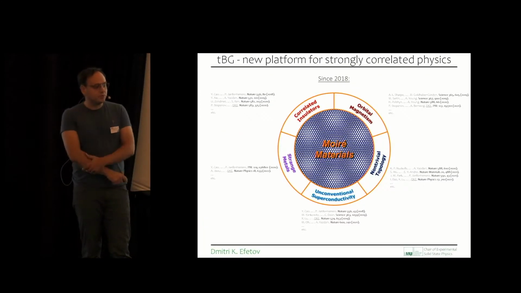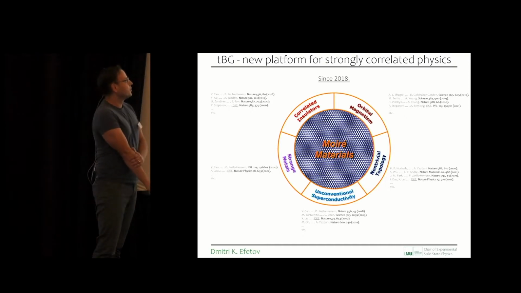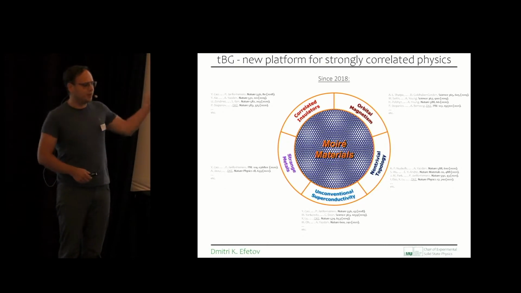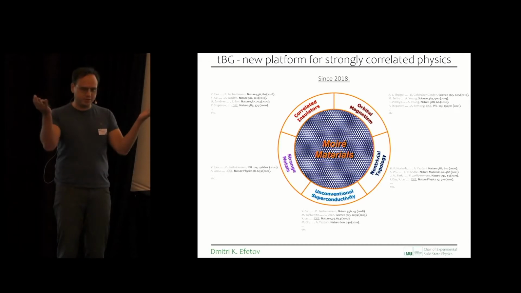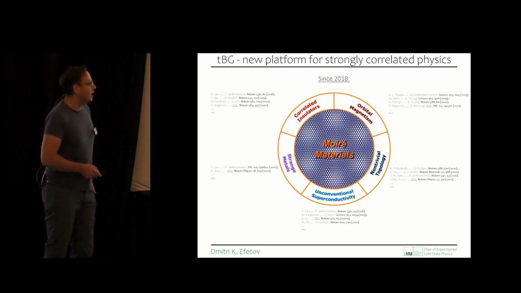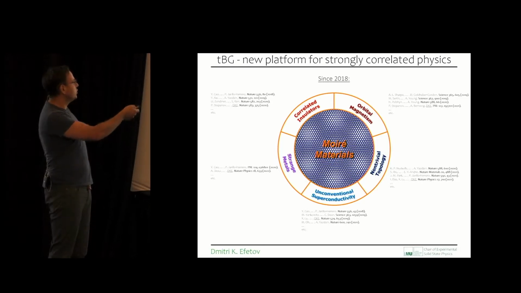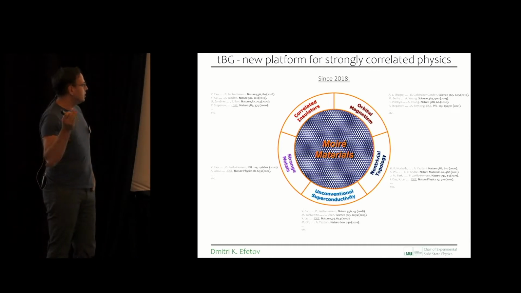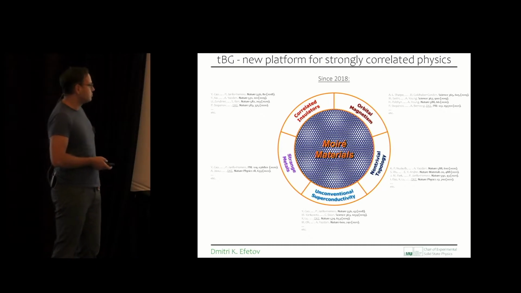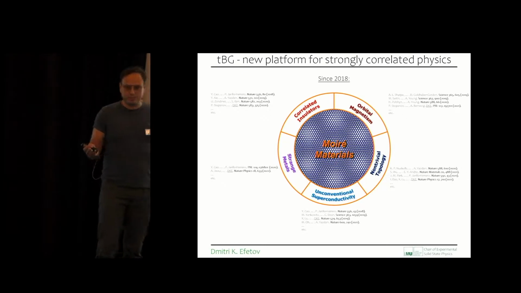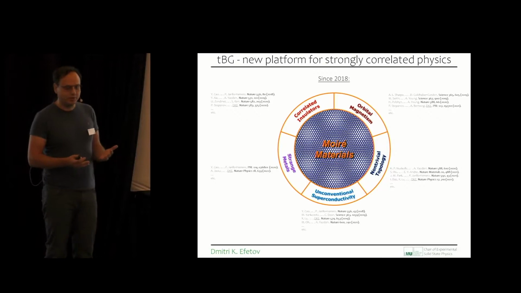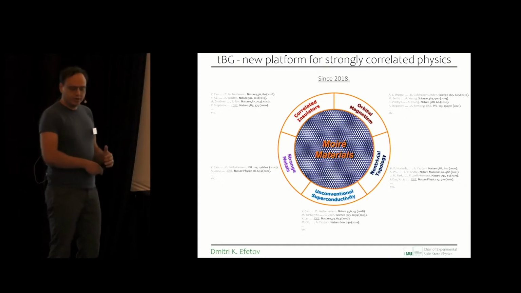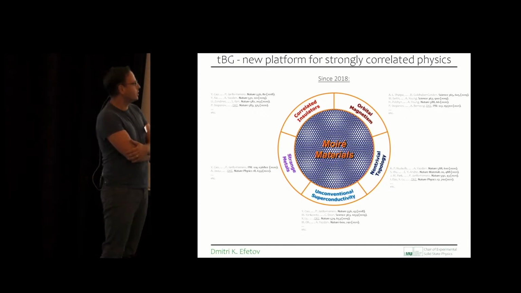So really to start with the introduction, the field of twisted bilayer graphene really took everybody by surprise who was working on two-dimensional materials and graphene. When Pablo Jarillo-Herrero in 2018 discovered that if you take two graphene sheets, rotate them a little bit, and then at a certain angle, the magic angle, you start observing all these phases, such as superconductivity, topology, magnetism, correlated insulators, and even strange metals. And really, before that, graphene was mostly explained by a single particle picture, unless you apply really high magnetic fields and so on. So really, this took the field of two-dimensional materials into the area of strongly correlated materials.